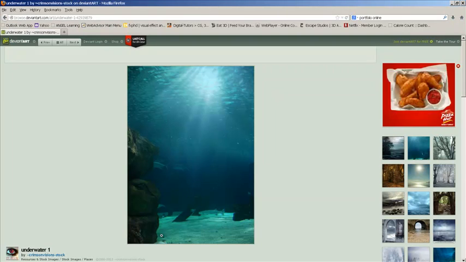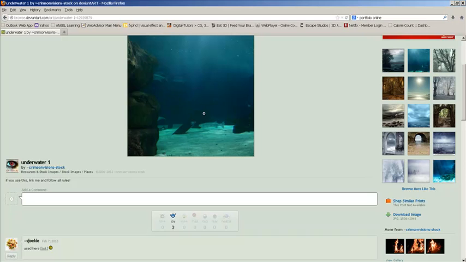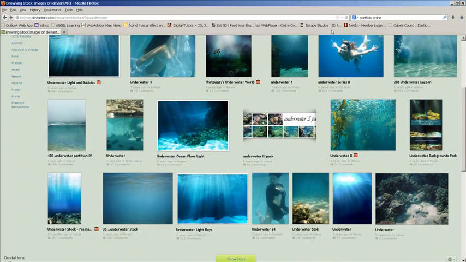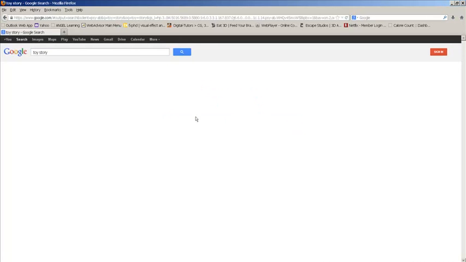Or if I like these, I have to make sure that they're going to look appropriate blown up. Now, there's no guarantee that every single one of these images is going to be good. You just have to look at it and judge whether or not it's going to be a good image. Just like when we did our movie poster prepping, if I looked up images of Toy Story,